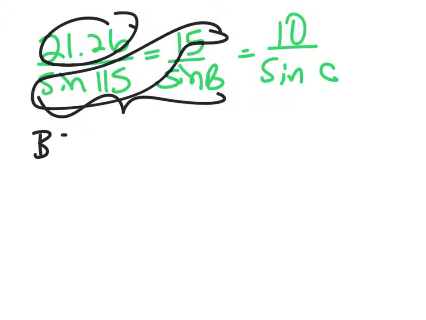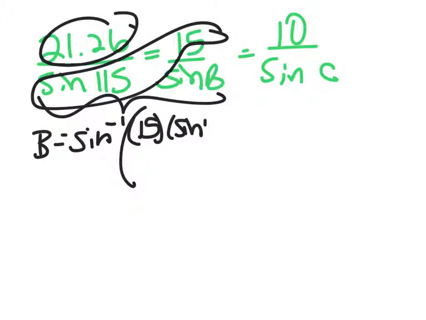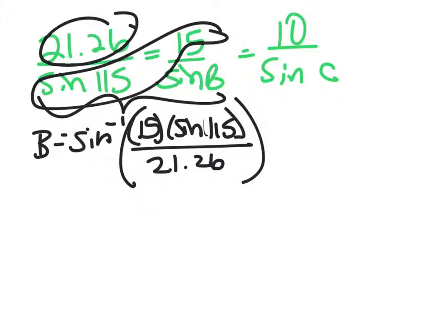So my B is going to be my inverse sine of 15 times sine 115 over 21.26. So once you plug all of that in the calculator, you're going to get that angle B is 39.75 degrees,